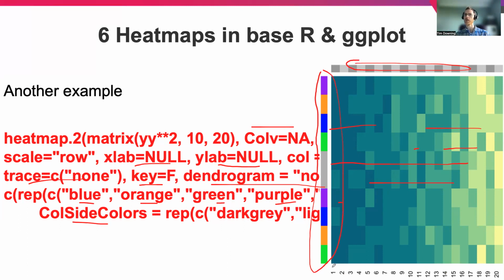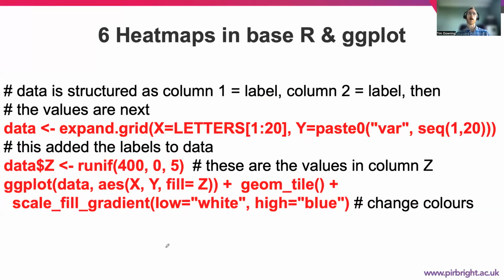We retained the column names in this example. So you can see that we can layer on other information and also remove the dendrograms. Say we don't want those, we can take those out. So we're not adding too much chart junk that we may not want. If we look at more examples, we can